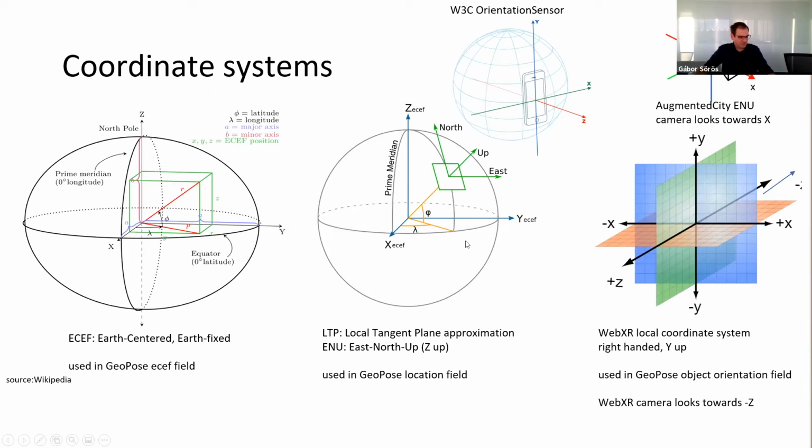The Geopose standard is defined like this. So you have the local tangent plane approximation on the Earth's surface, and these are the axes looking east, north, and up. Then there is the orientation sensors API, which also uses east, north, up, but with a different labeling.